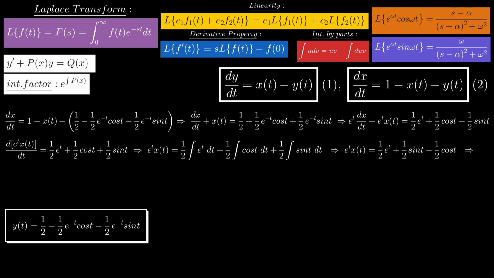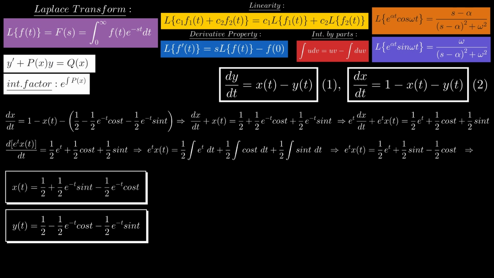We divide both sides by e to the t, and we end up with x of t equals 1/2 plus 1/2 times e to the negative t sine of t minus 1/2 times e to the negative t cosine of t. That's all she wrote, my friends. That's your answer. Intuitive answers or out of left field? You be the judge, my dudes,